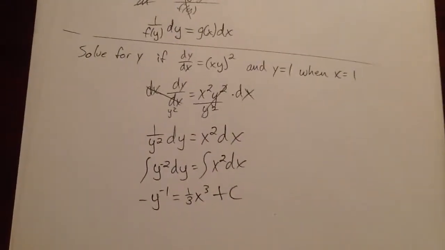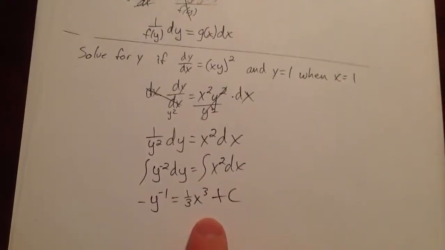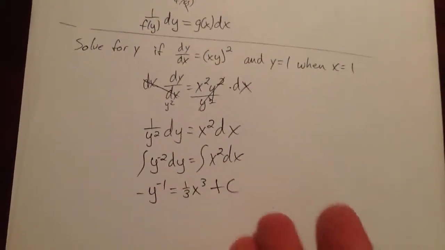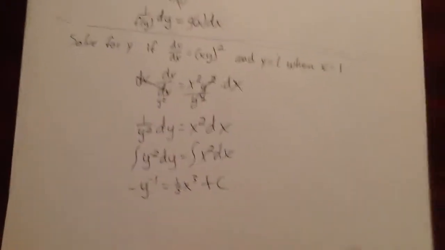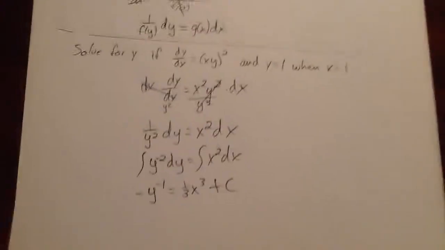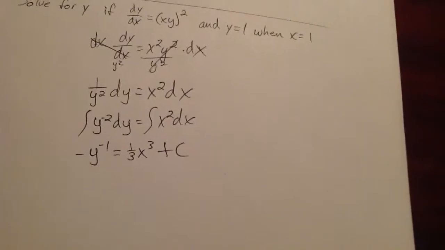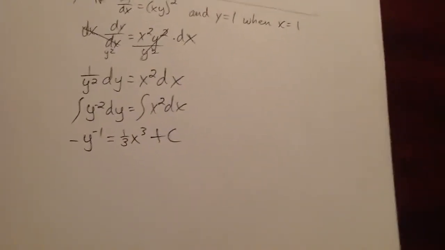And you really only need plus c on one side, because having it on both sides is just redundant. It's just a constant. You don't know the value of the constant. So if you put 2 on there, you can just minus it to the other side. You still have a constant on one side. I mean, if that doesn't make sense, I can explain it again later, but hopefully it does. So now we've got this little thing going on, and we're trying to solve for y,